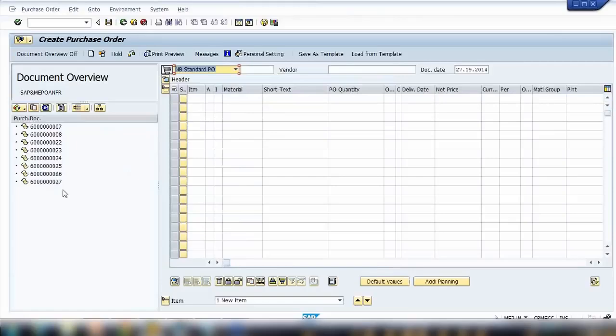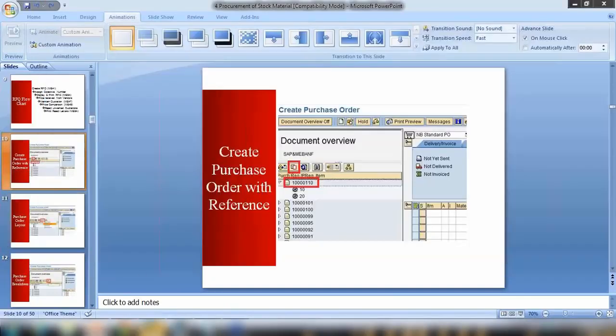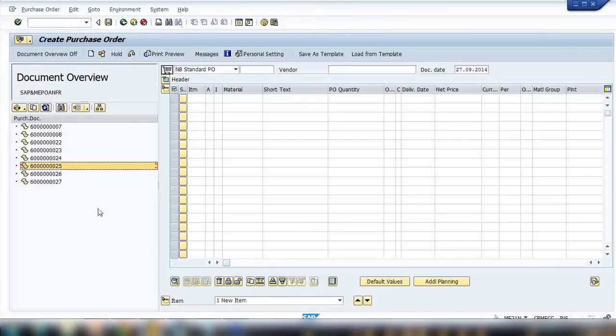So you can see all these quotations are available. Now, what was the right one? 25. So I'll say we want to refer to 25. We can copy 25, so select the 25 and click on this copy button, and the system will do the copy. Just keep an eye. If I double click on this one, it will display that document here. Let me show you. If I double click on that,